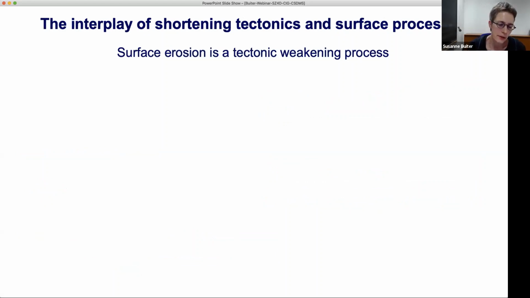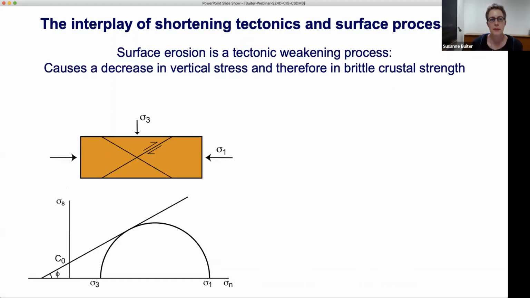And you could think of that as erosion being a tectonic weakening process. So what do I mean by that? Surface erosion causes a decrease in vertical stress in the materials below, and therefore a decrease in the brittle crustal